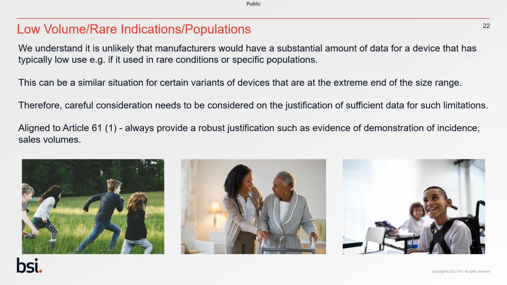And again, one area as well for rare conditions, for example, is to look at what is the incidence of that disease? If that incidence is that 1 in 2 million people are impacted and this device is going to help them, point us to the clinical and scientific data that shows that the demonstration of incidence is correct, and then use that as your justification. We know that many manufacturers are struggling in these areas where perhaps they don't have high volume, but really it's about the justification, and that's exactly what the notified body is looking for.